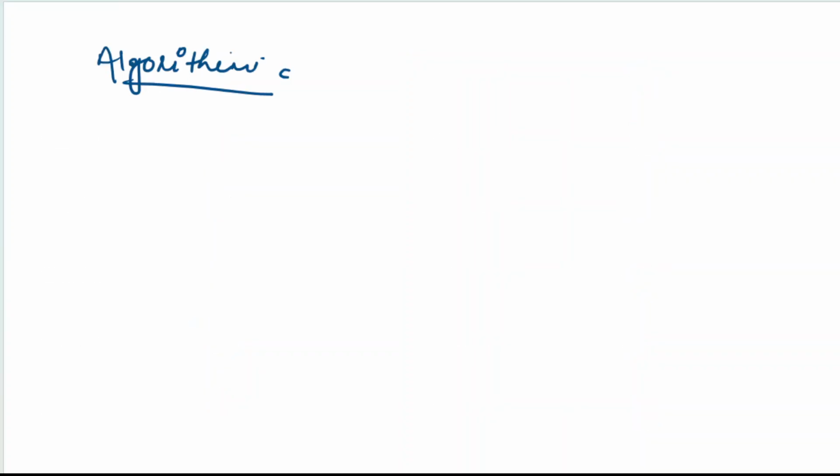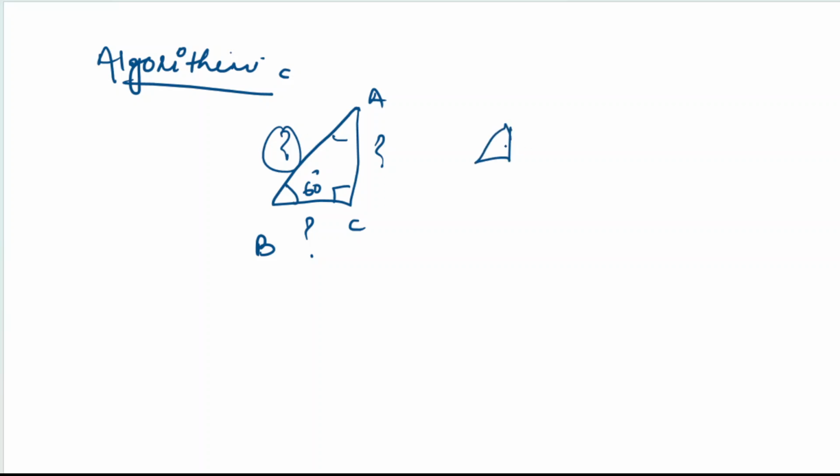We use this approach because if we directly take the triangle ABC right-angled and take the angle as 60 degree or 30 degree, whatever we can take, we do not have the measurement of the sides of the triangle. At least two sides we should know, so that the third can be calculated with the help of Pythagoras theorem. If we do not have the measurements, we cannot find the ratio.